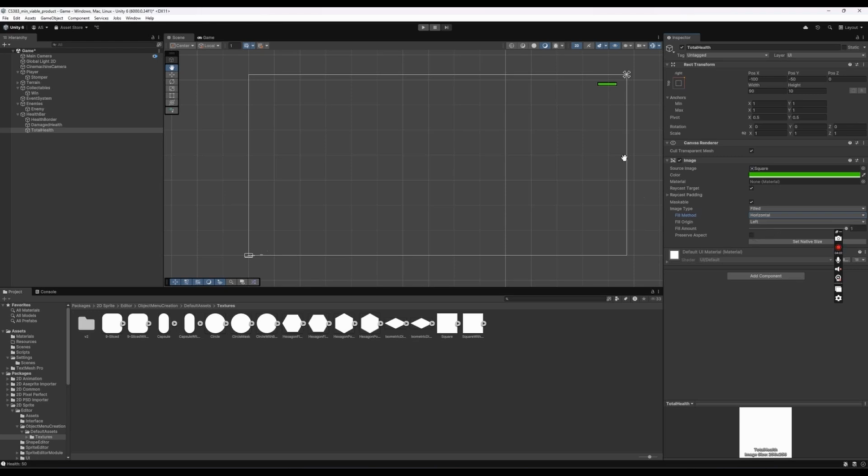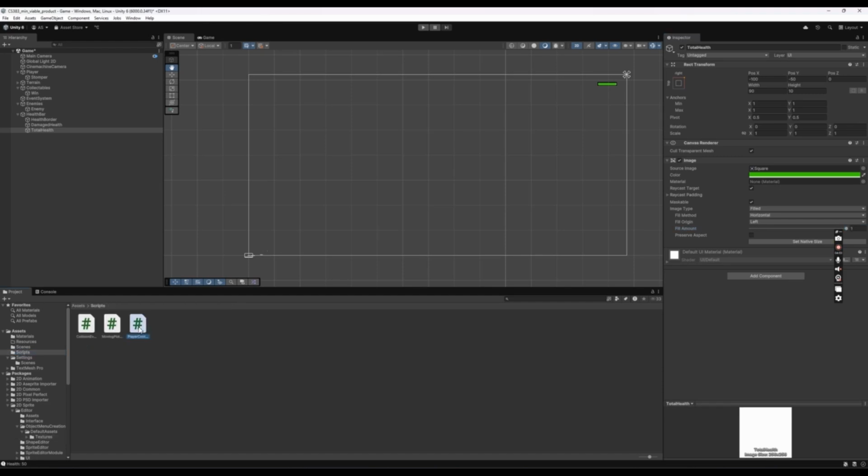And what this is basically going to do is allow us to move this health scale so we can have an actual health point that scales and moves depending on how we want it to. So this is just the basic UI part of the scene. Now we actually have to go into the code to make it work. So if we go into our scripts and our code again,